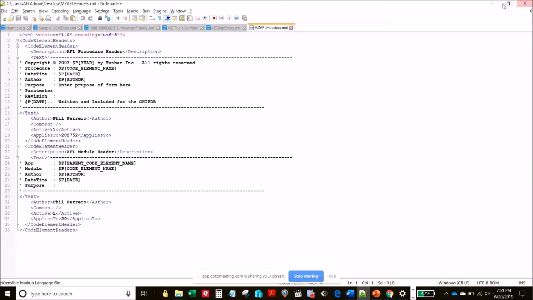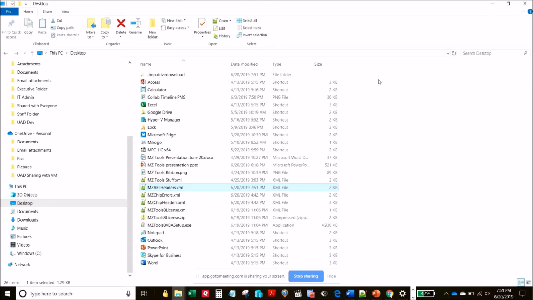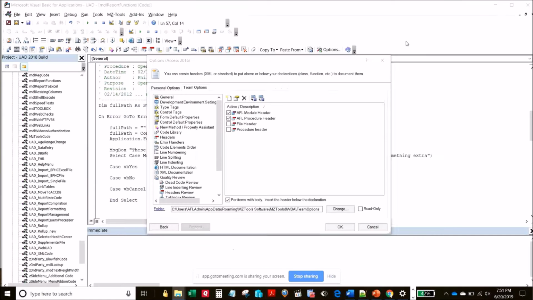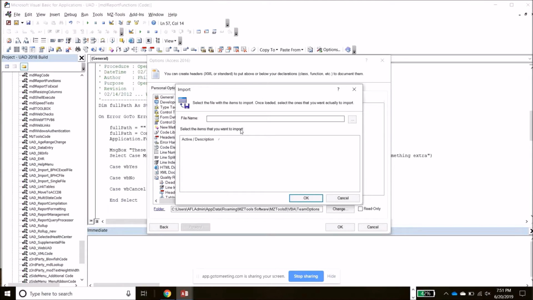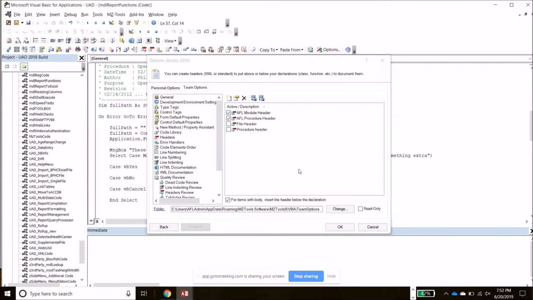Now I'm over somewhere else, I save this. If my PC crashes, or I get a new development PC, or I want to send this to a colleague, I can come in here and import it. And I think because these are named the same, it might override them. I'm not sure, but let's try it. Yeah, I'd have to rename them something different, but